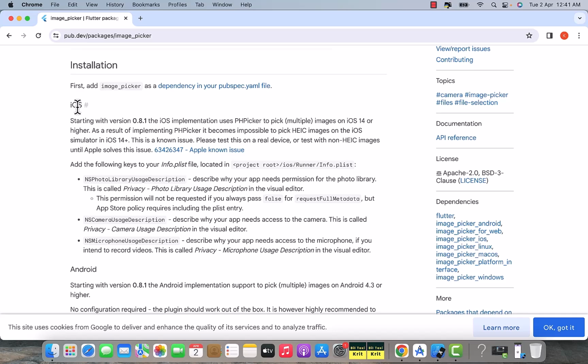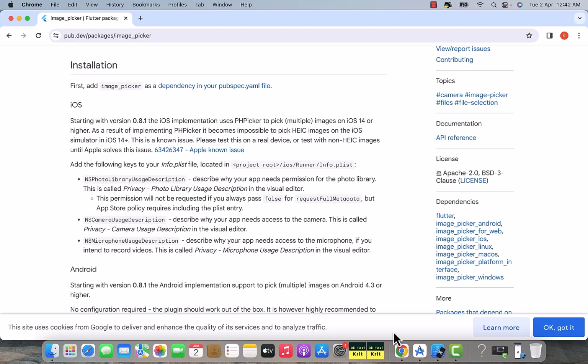So as the main purpose of this library is to open the gallery so that the user can select an image, and similarly it also provides an option to launch the camera so that the user can capture an image, for using this library we need to add a few permissions inside our application. So basically we are going to show the user a dialog that our application wants to access the gallery or the camera. And if the user allows those permissions, only then will this library help us to choose or capture images inside Flutter. So to add those permissions, we need to add some key string pairs inside our iOS